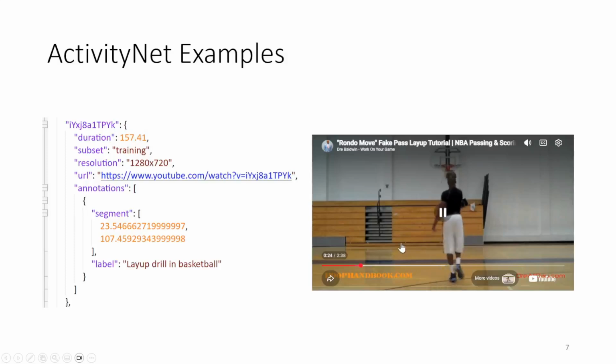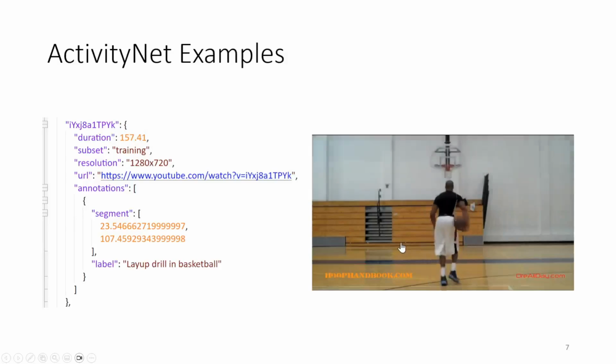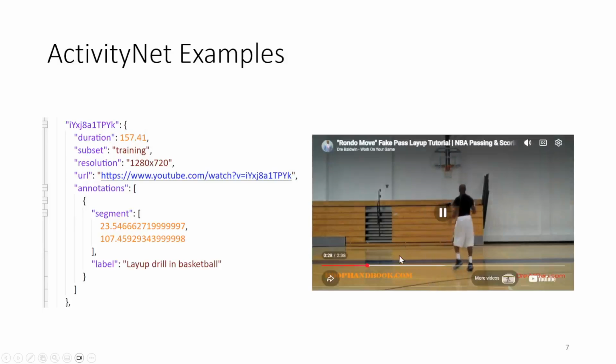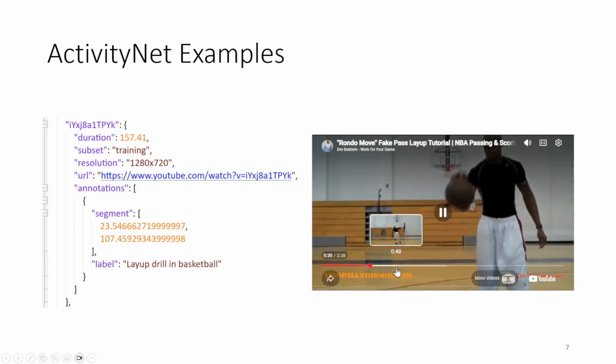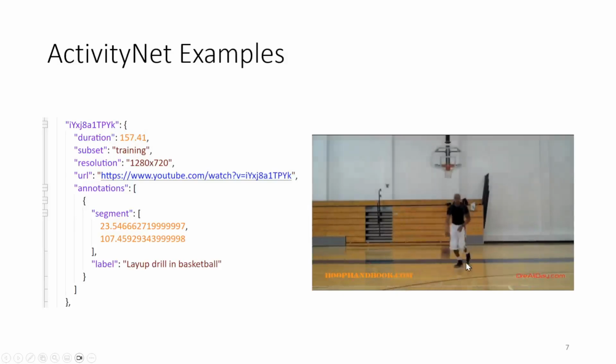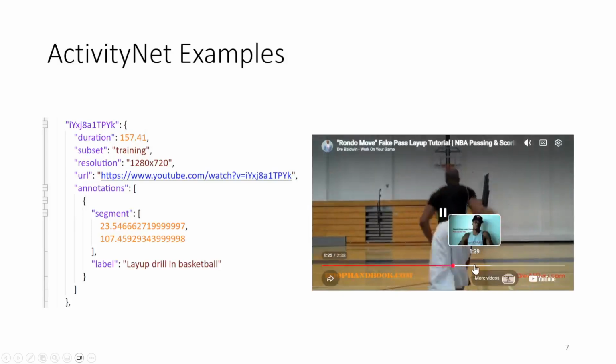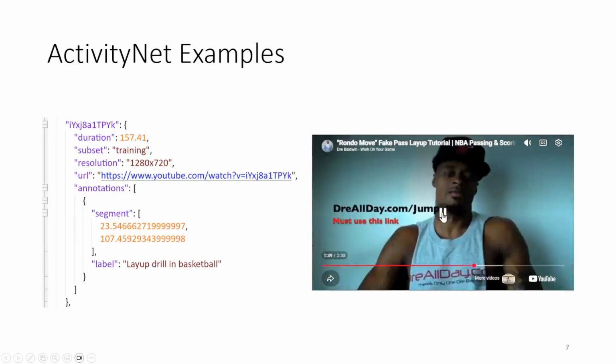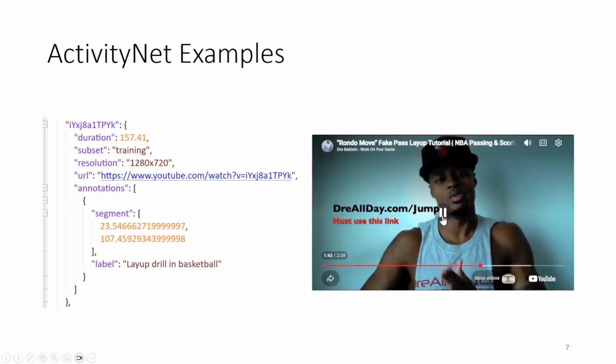And then fake. And then you go ahead and do what you want to do with the ball, whether it be pass, shoot, whatever. So here, I want to try to get a better grip off the dribble. There's a place, like I have it there, if you can't dip it for a while. You can also go completely around your back. Just make sure you get that head. Then, okay. To see a vertical, go to DreAllDay.com/jump. Get the jump manual. When you get it, I'm going to give you 5 free hoop handbooks.